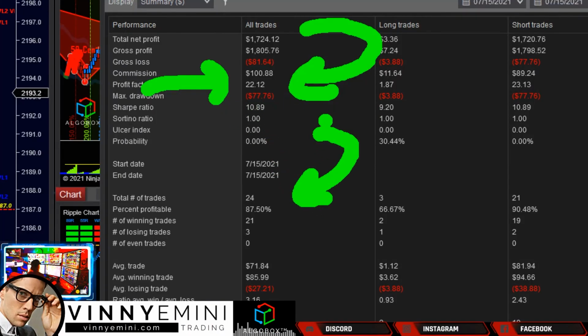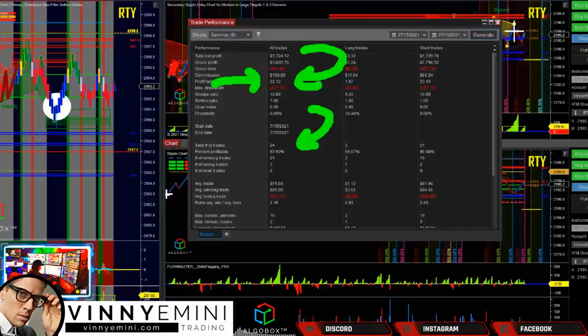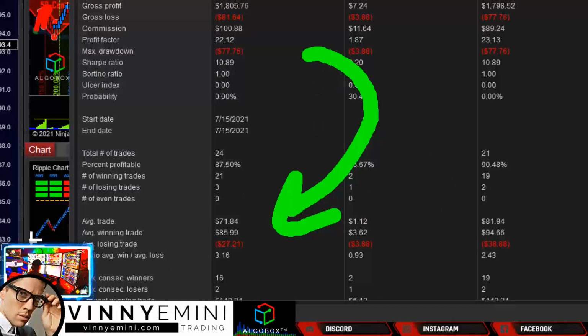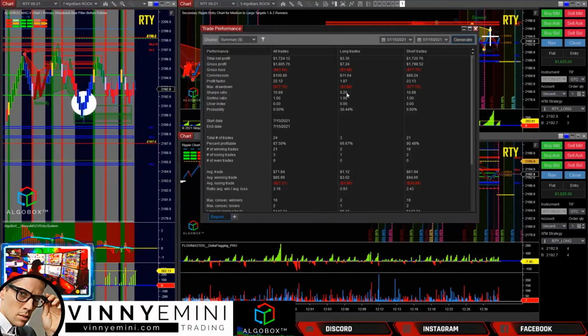That profit factor, I wouldn't say it's not accurate, but it's not telling you much today, because it's telling you that since they were all winners, like a scratch trade. Max drawdown $77. Compared to the profits, that's basically nothing, right?